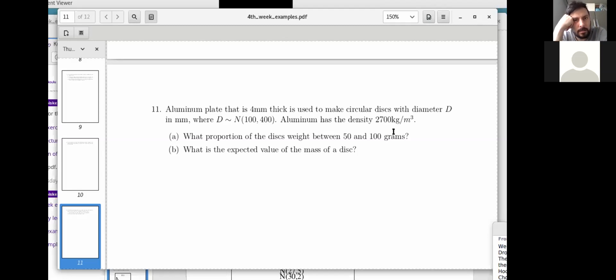This is still ridiculous, because this would imply that there is a non-zero, albeit very small, probability of the diameter being negative. So here you see, it's 20 standard deviation. That's 5 standard deviations, a 5 sigma event, and we'll see that shortly. But in normal distributions, that's extremely rare.